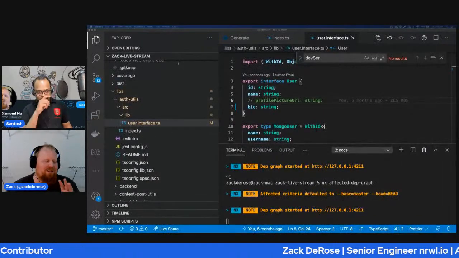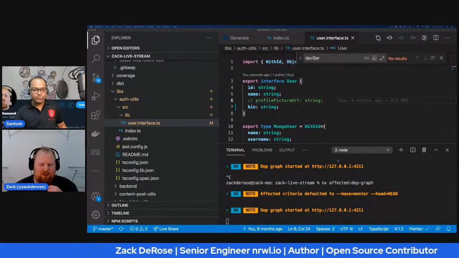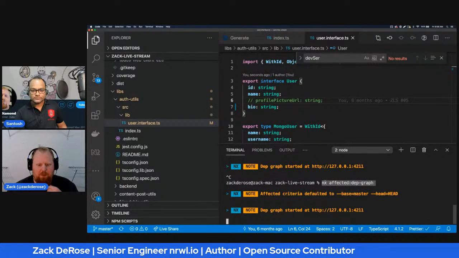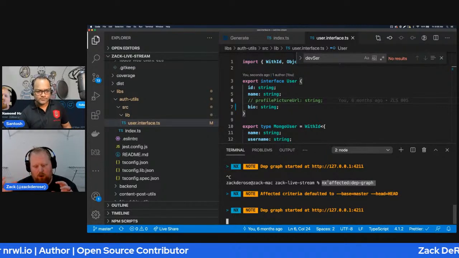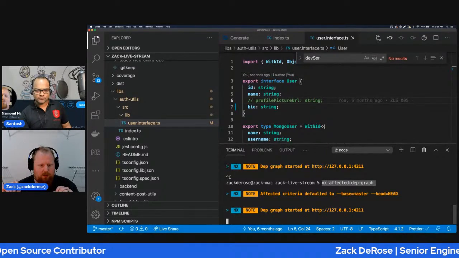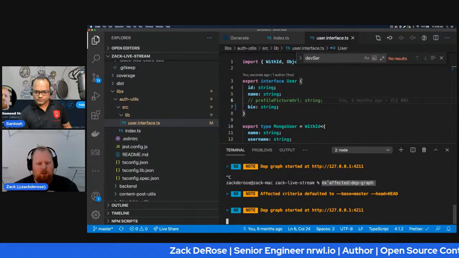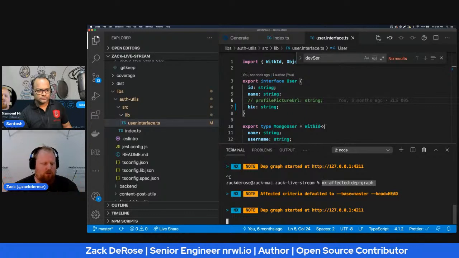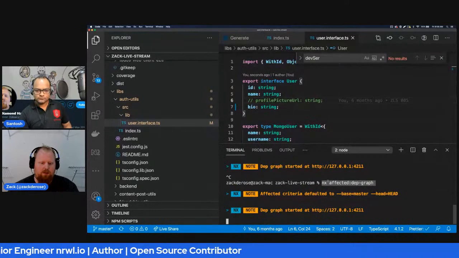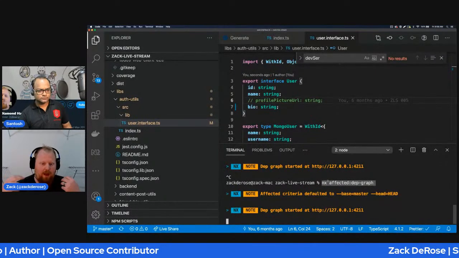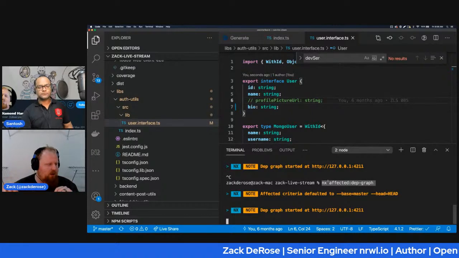Imagine that's not there. This command will allow you to see, per build, and it's going to default to comparing your current Git branch with the head of your Git. Based on those two nodes, it's going to tell you, okay, these are the different nodes inside of the dep graph that have changed. So nx affected dep-graph is just a visualization for being able to see which of those things are actually affected.